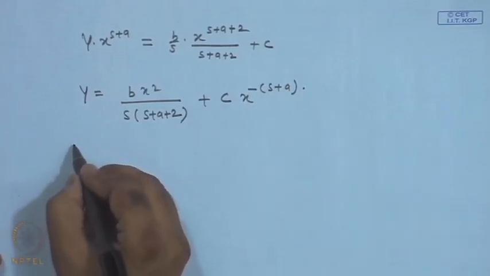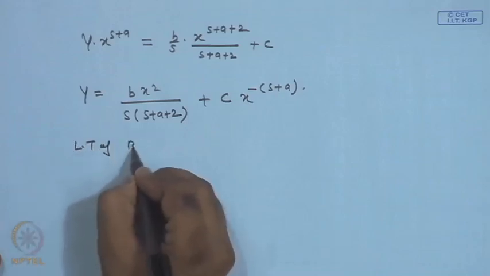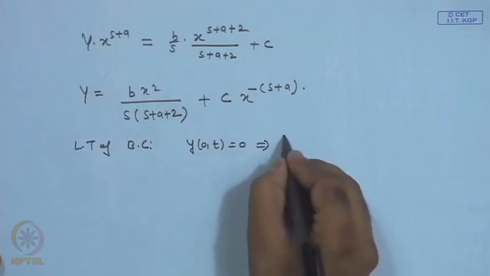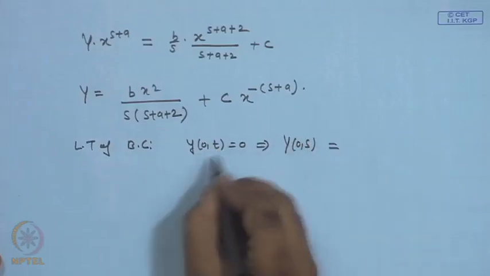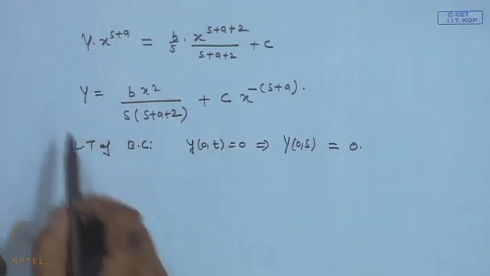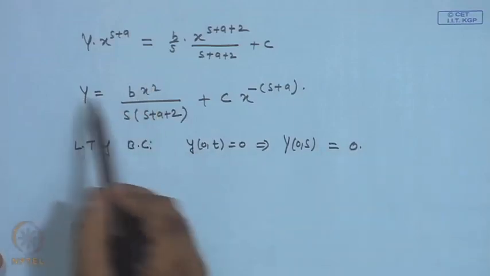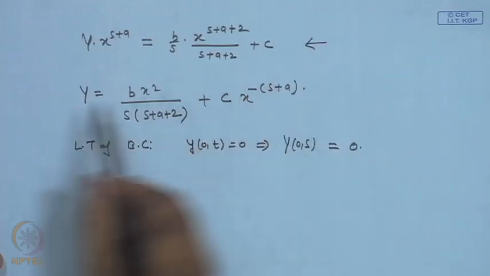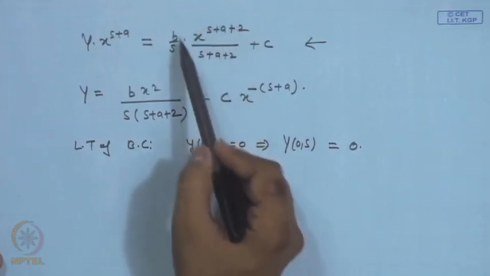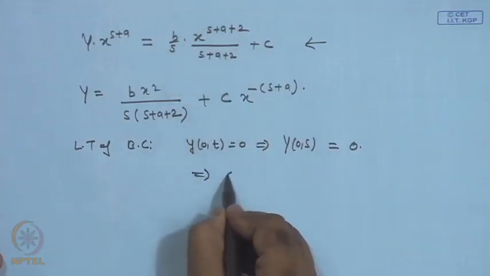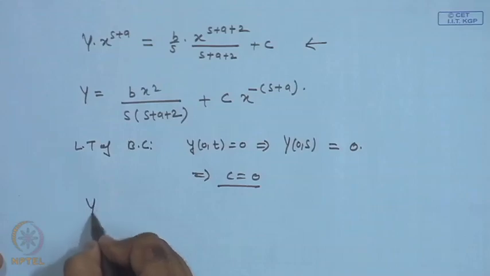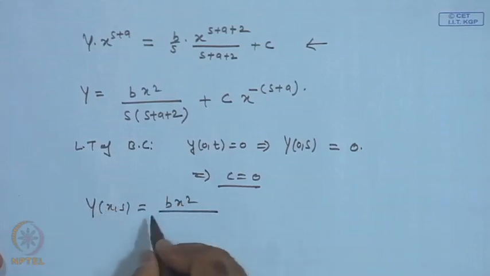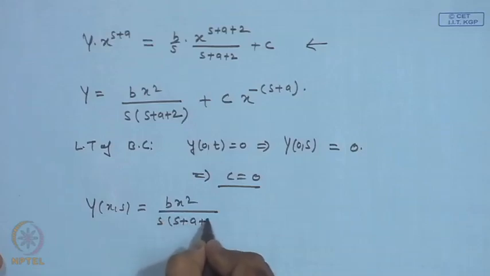Now, we take the Laplace transform of the boundary condition, and the boundary condition was y(0, t) is 0. So, here we get y(0, s) is again 0, and then we see that x is equal to 0, this is 0. In fact, we can just easily see from this equation, when x is equal to 0, this term is 0 and this is 0, c will be 0. So, this implies that c is equal to 0. So, our y(x, s) is b x square over s and s plus a plus 2,